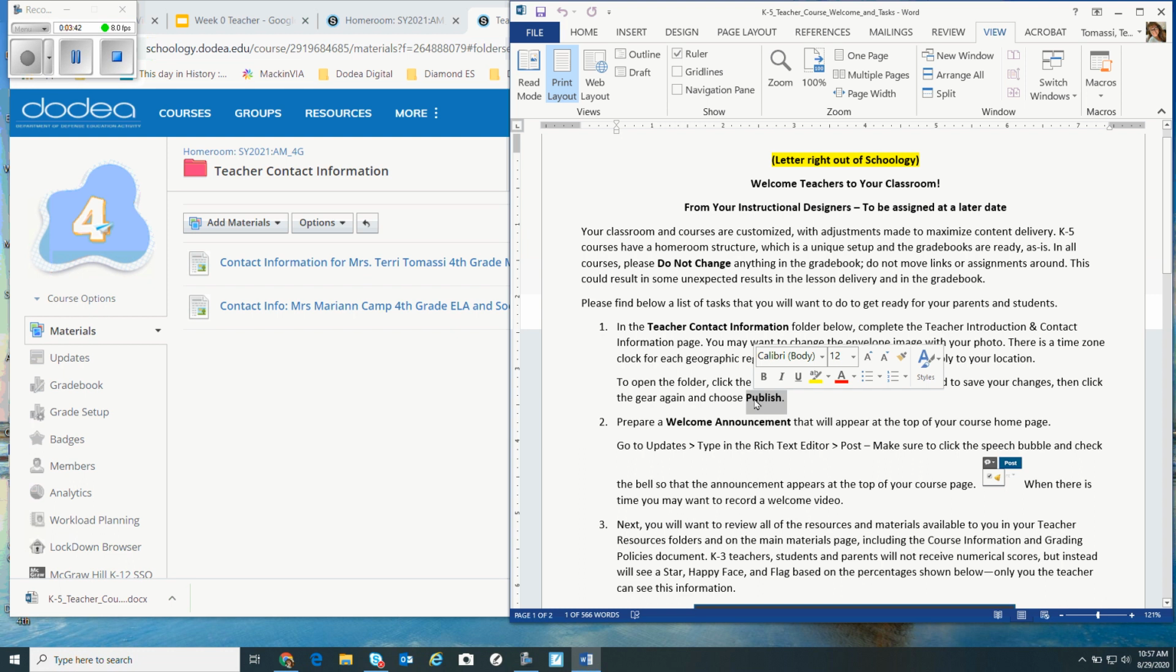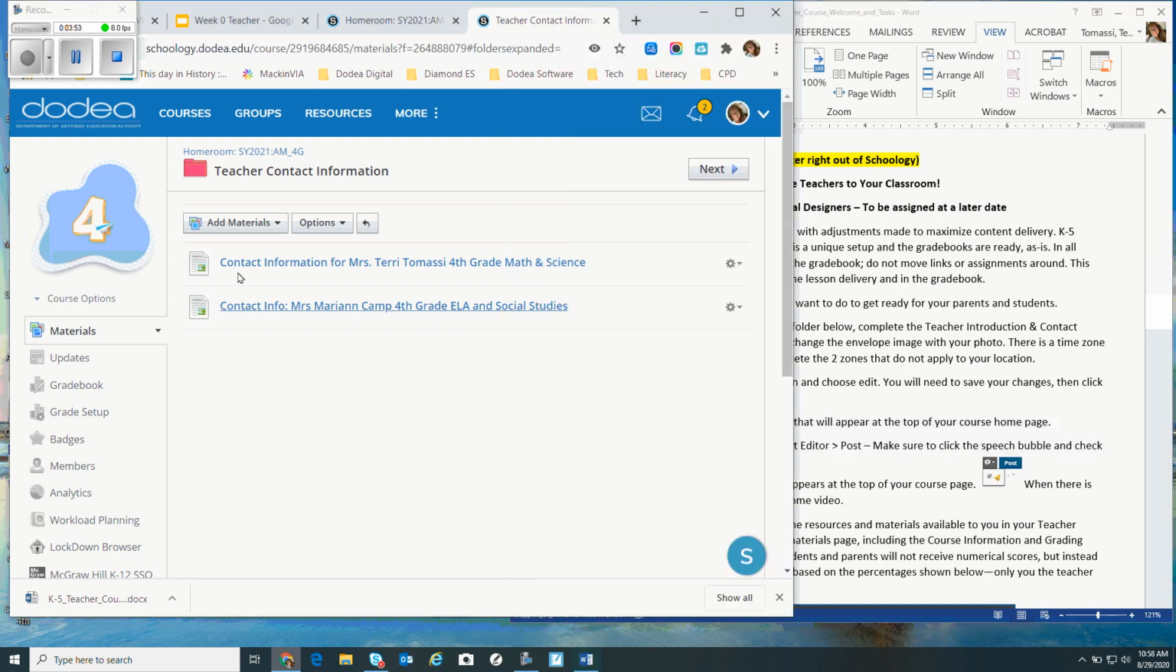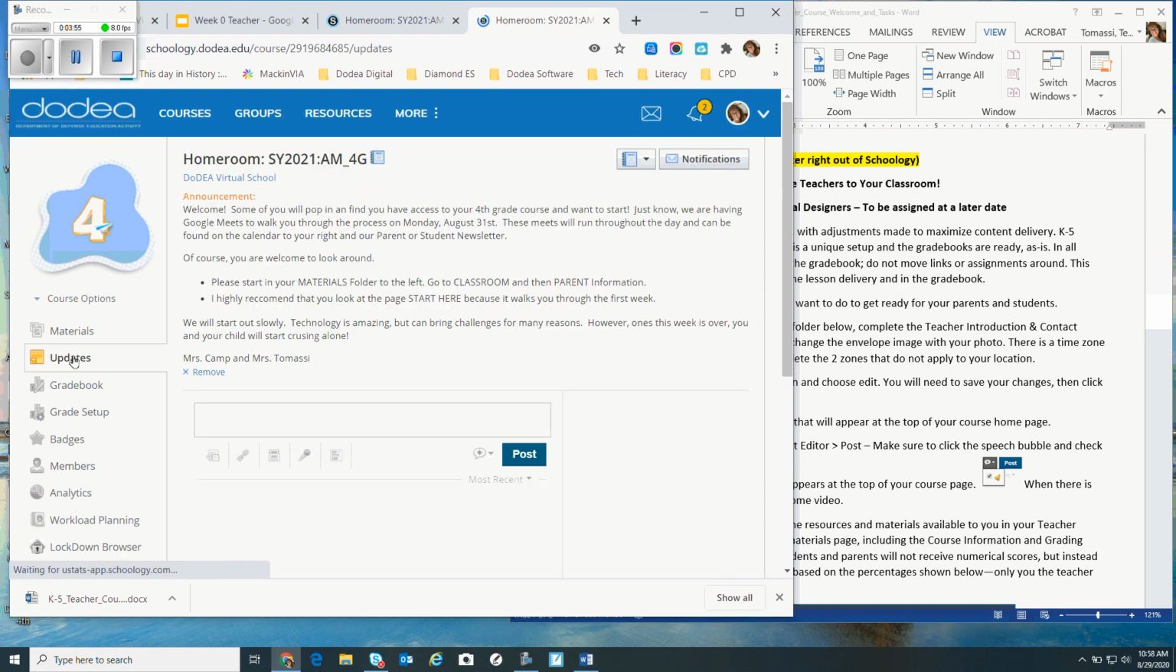Then make sure you publish that, because again, that's how your families will see it. The next thing you'll do is prepare an announcement, and there's some really great information right here as far as how to do the updates. And where you go from there is you click on your update,